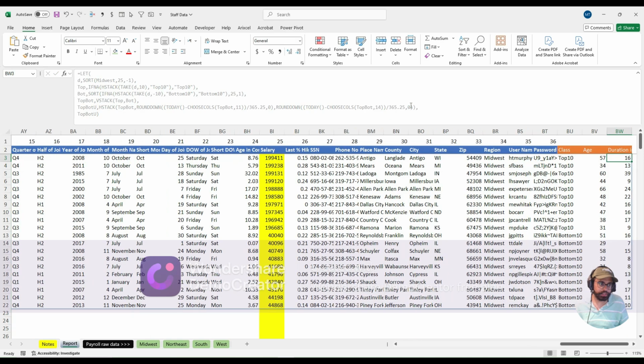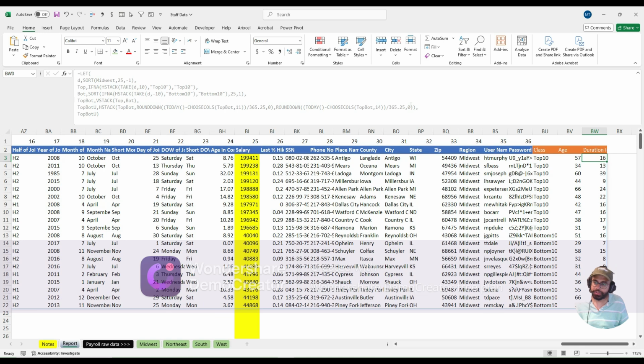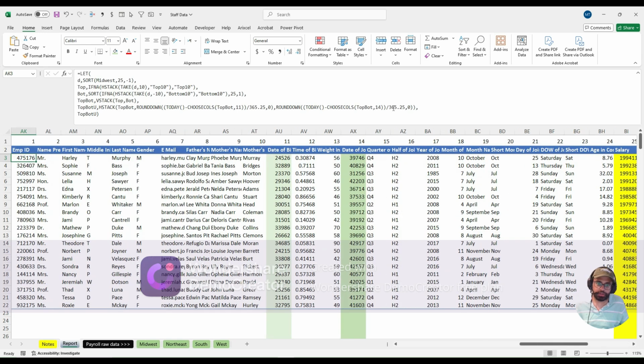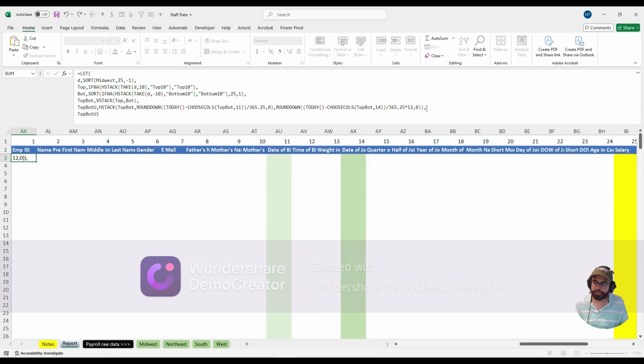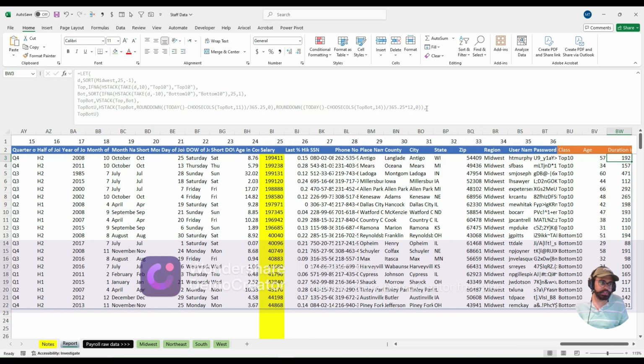So once we do that, we get the years a person has spent. But before we round it off, I want to times it by 12 to get the months. So years times 12 will give me the number of months. So that's my months, 192, 157, and so on. Cool. So I got all these durations in months